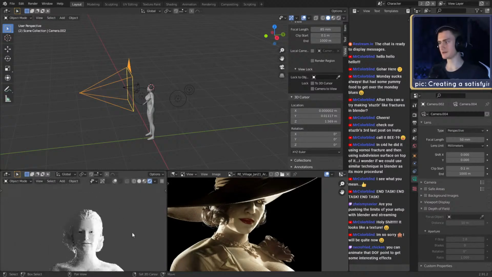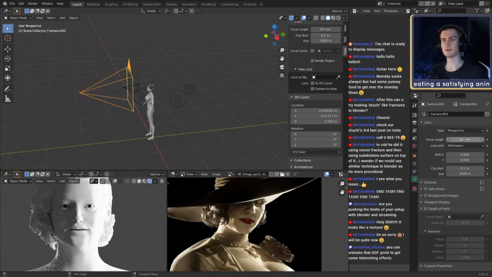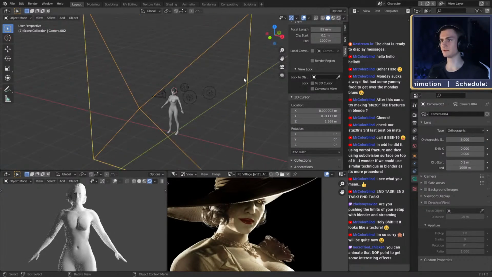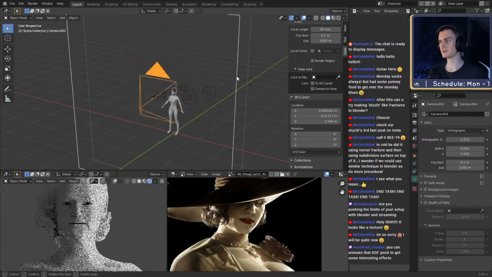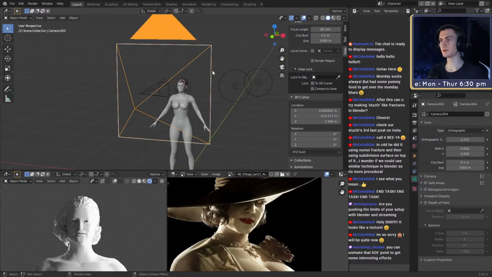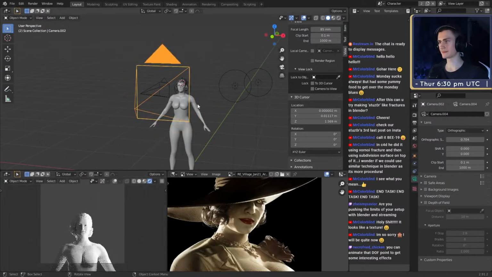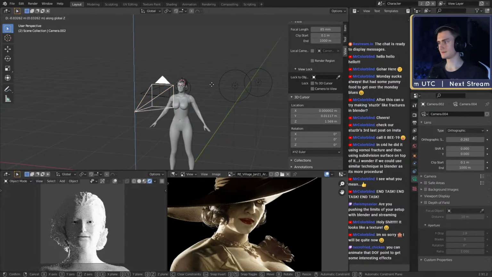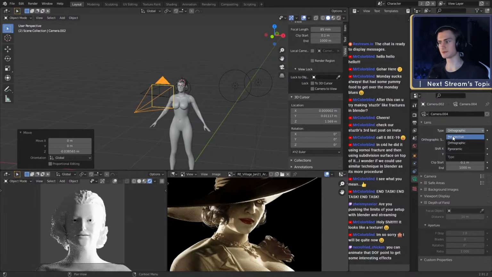You can see right now it has some perspective. It's on 50 focal length. If we put that to orthographic and maybe make the frame a little bit smaller. Okay. Maybe even a little bit smaller. Okay, and then switch back to perspective.